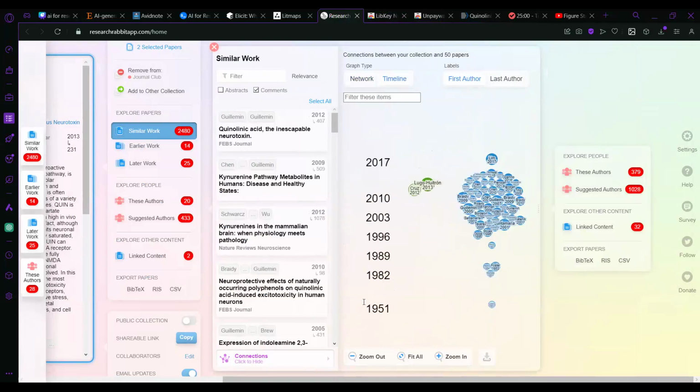So yeah, the 1950s back over here, and then the 2017 most recent one connecting to these two is up here. You can also do it by first author or last author, and yeah, it's interesting.